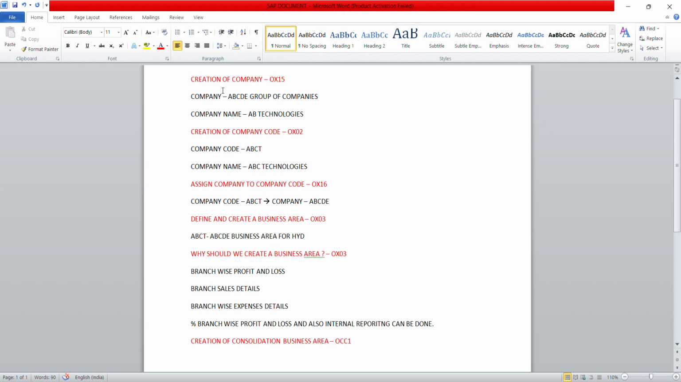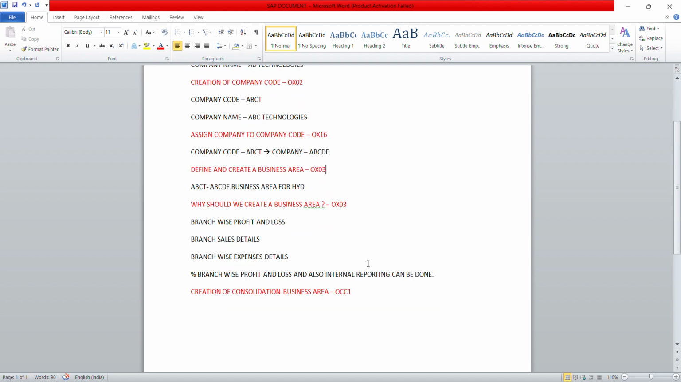Here, if you observe, it is like a tree. A company is like the major one, a group of companies. Under this there is one company code, and we can create multiple company codes. Under this company code there will be some branches. Those are called business areas, and under these business areas and branches there will be some sub branches like